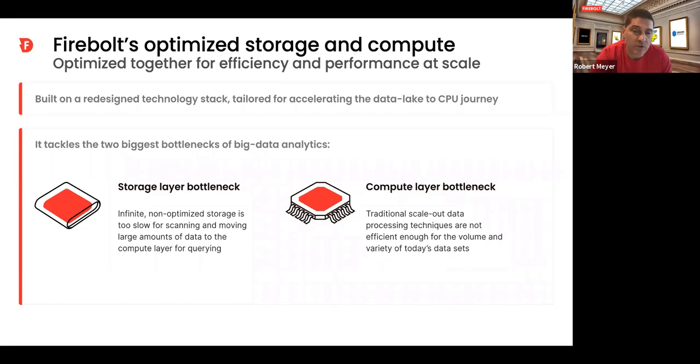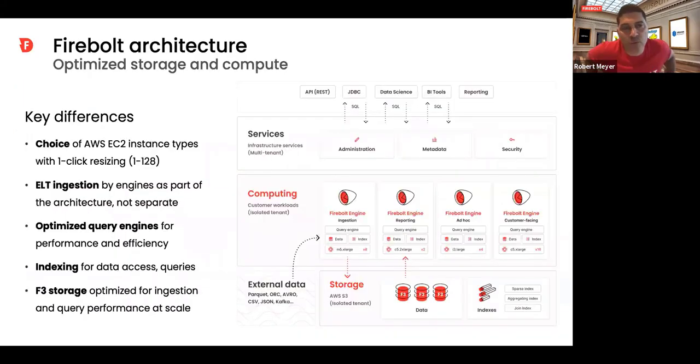We'll cover those, but you need to optimize the compute. You need to optimize the storage and how you get stuff out of the storage. And you need to glue the two together really well. And that's indexing. That's one of the big things there. So we're going to talk about that.